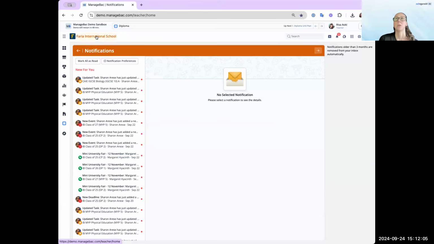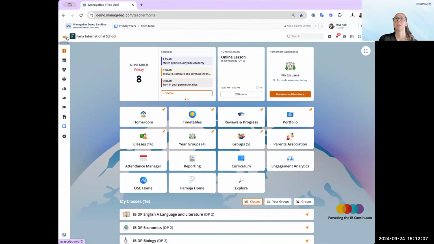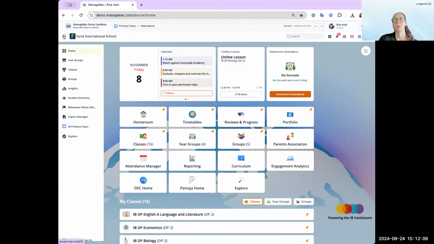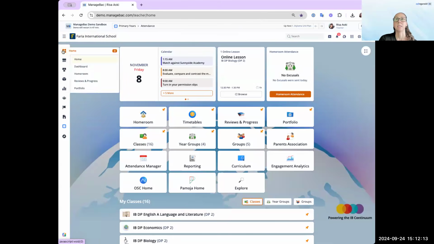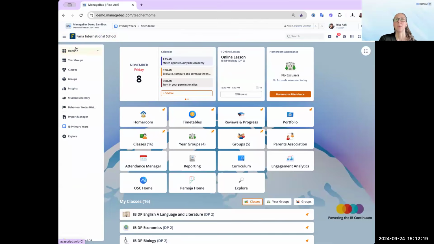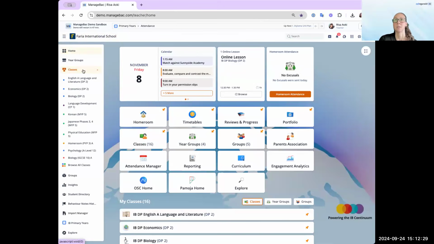If we go back to the home landing page, then we can open here the left menu. This menu is going to be here always, and you can access it from any screen. And here you can access all your main pages that you will be working with. Okay. We are going to access the classes since today we'll be